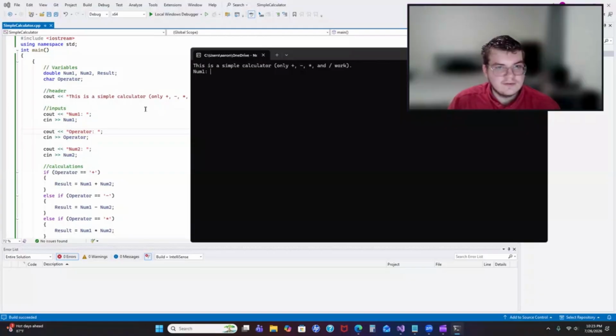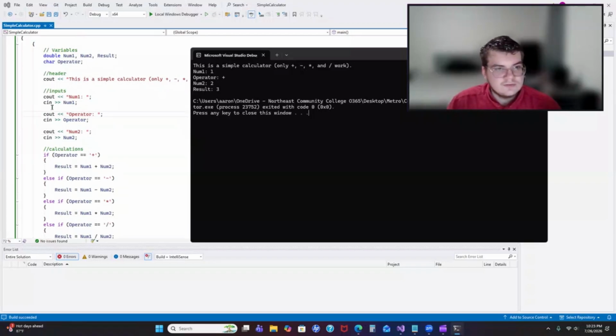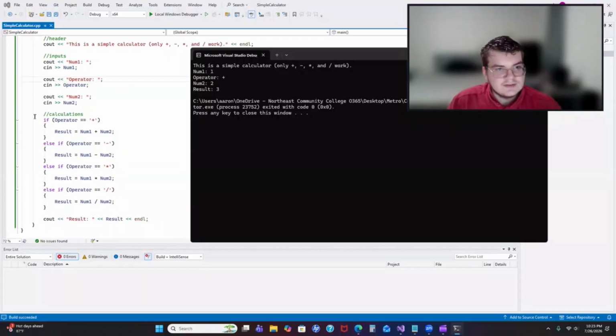So cout, this is simple. Right here, cout. This is where it goes cin. So that says 1 into num1. And this would be plus, and this would be 2. And that's how I get the result. So cout just displays things visually here. Cin is where I actually get the input, and that goes in. So then this acknowledges the operator